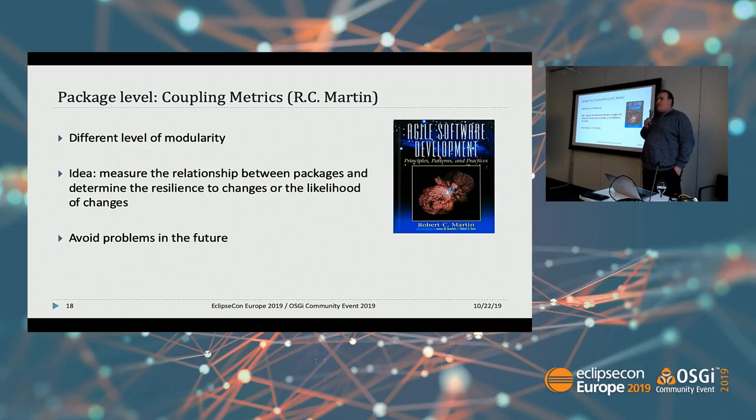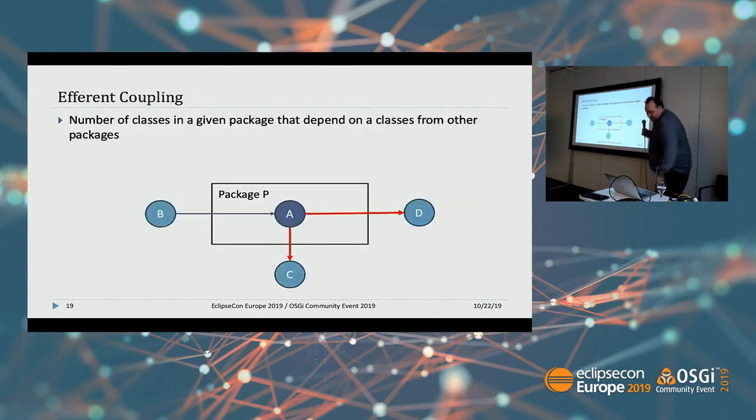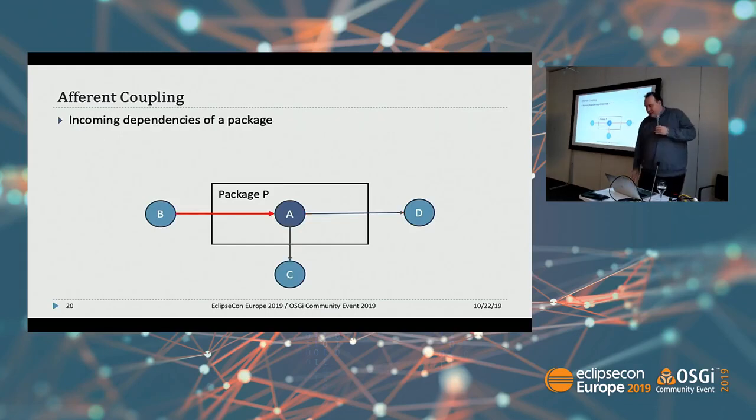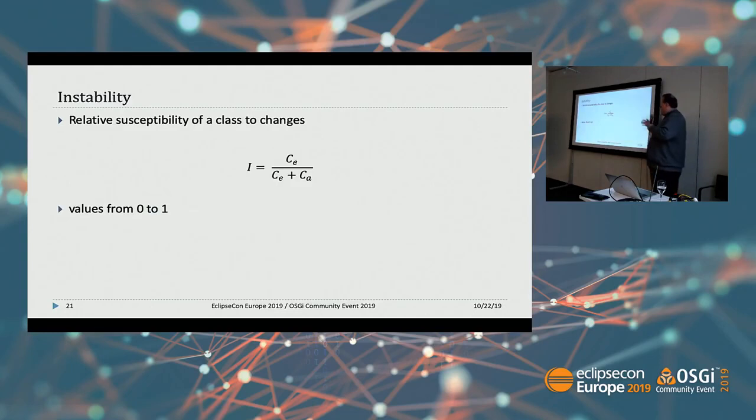You can almost not reuse them, one without the other, right? So in his work, one of the metrics that he uses is efferent coupling, and that's essentially, if you look at a package, you look at a specific class, you determine the number of outgoing dependencies that you have to other packages, right? Very clearly, that's the outgoing angle. And when you do that, you can also do the opposite, which is the afferent coupling, and that's the incoming dependencies per class, right? And if we take those two, we can calculate a metric for instability out of them,